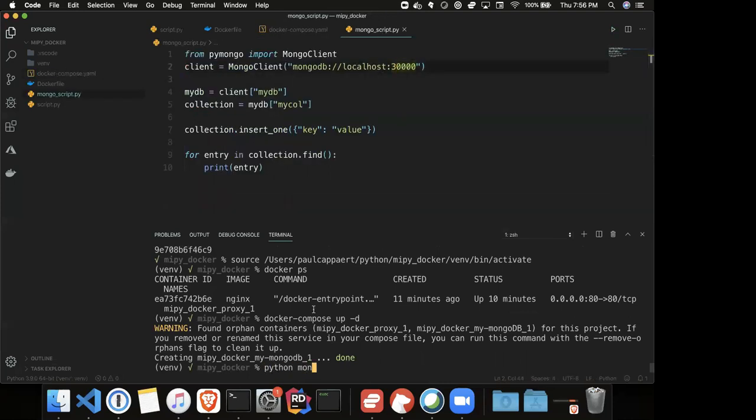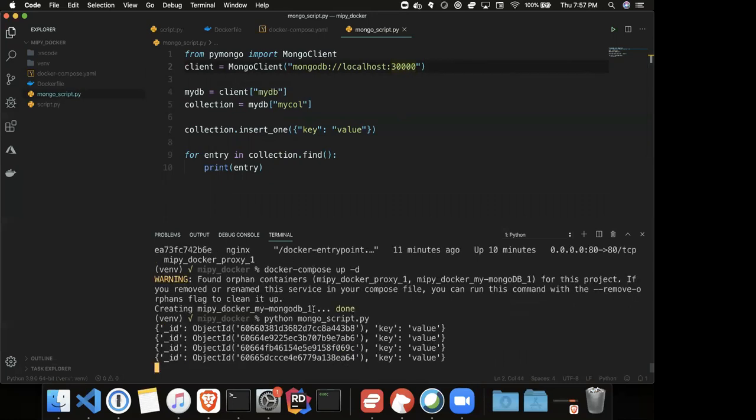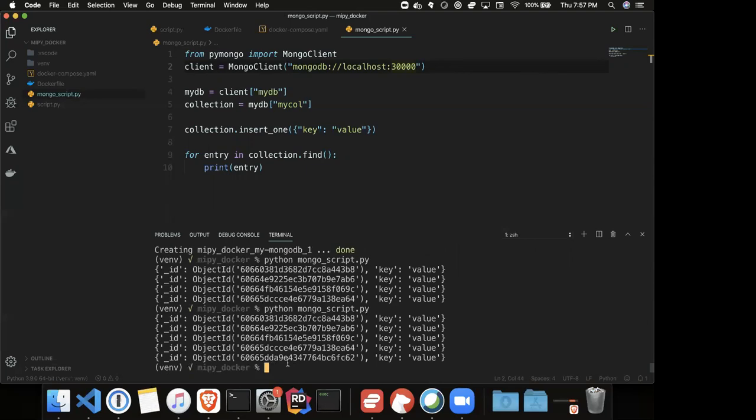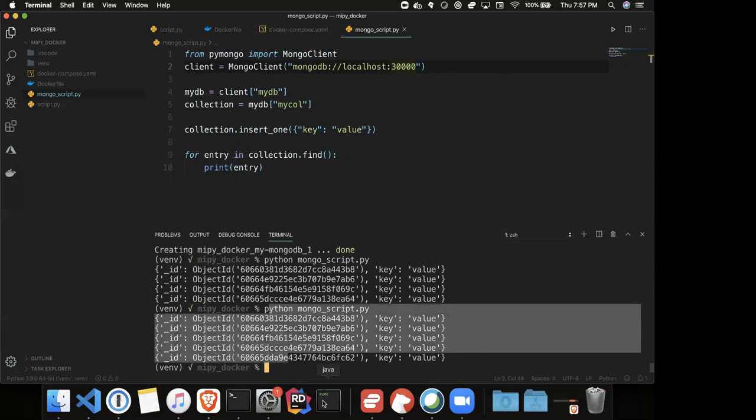So python mongo_script.py. Okay, so I already did this earlier, so there are already a couple entries in this database in the volume. Even though this container is brand new, the volume already exists. If I run this again, now there are 5 entries. If I run it again,